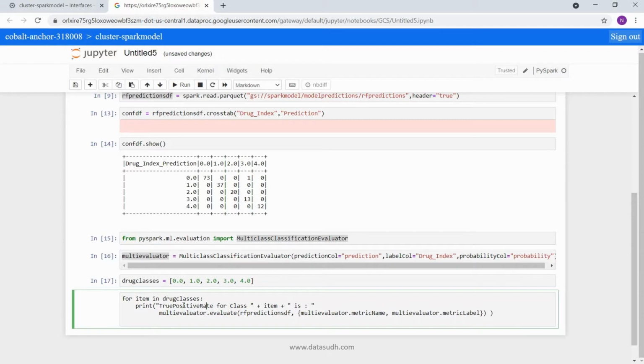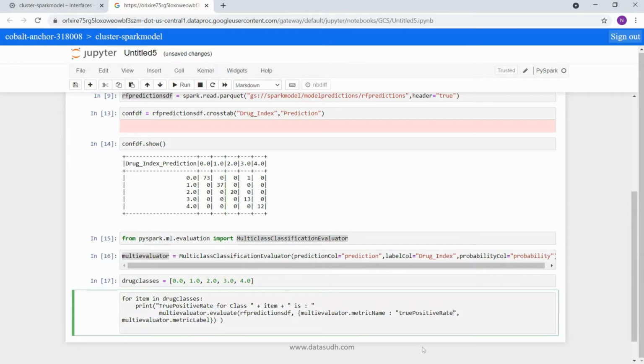In this line we are trying to calculate true positive rate, and the label has to tell for which class you are trying to calculate this. So our metric name is true positive rate by label, and my metric label is basically my item in the loop, that is my class in the loop.